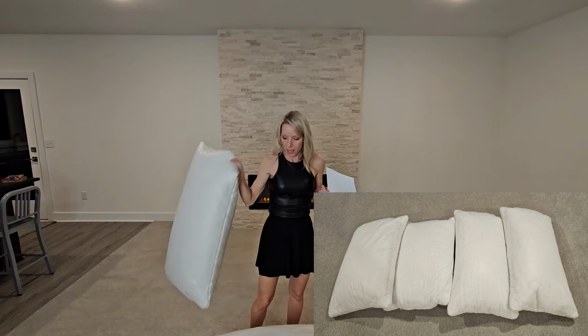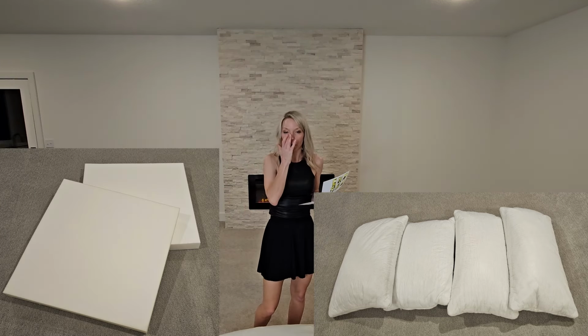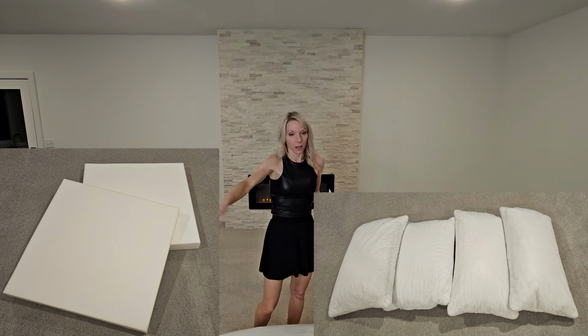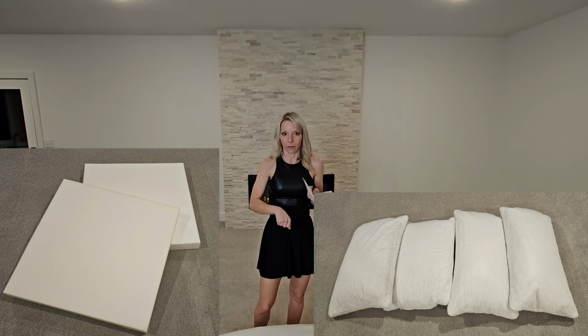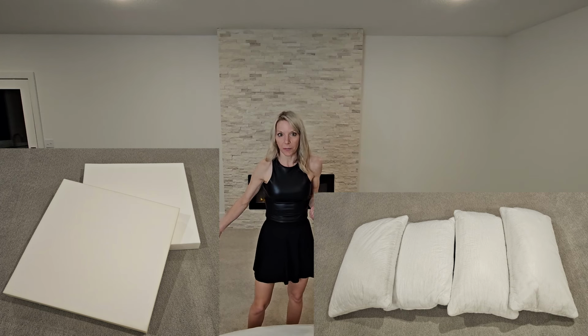They don't want these back, and they don't want the foam cushions either. So it's actually not as difficult to return as you think, because this stuff right here takes up a lot of space, and I was like, how am I going to get this back in the box? They of course had it rolled up and vacuum sealed and everything, and I was like, I don't even know how I'm going to do that. You don't need to worry about that because they don't want this, and you actually get to keep this stuff,